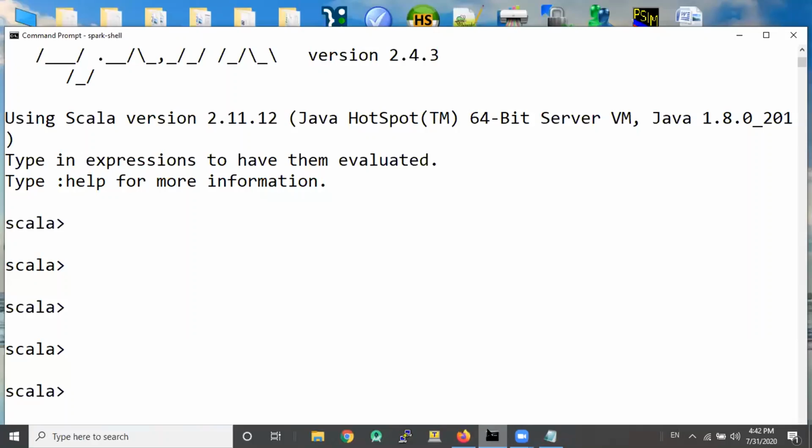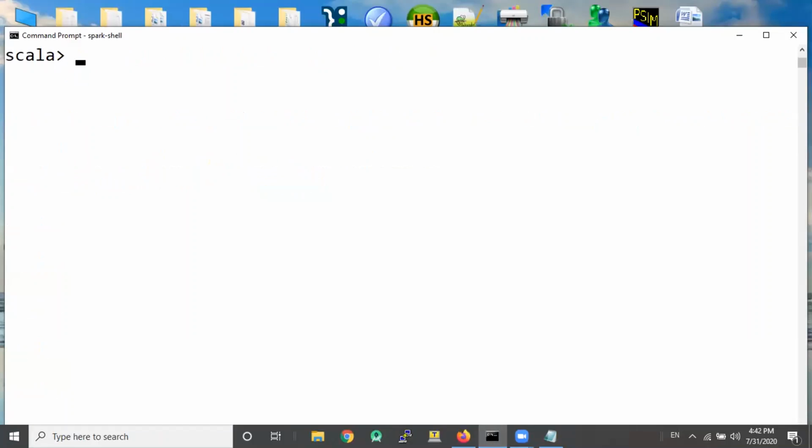Here we have it. We'll start again. Let's say we have val a equal to sc.textFile stud.txt.